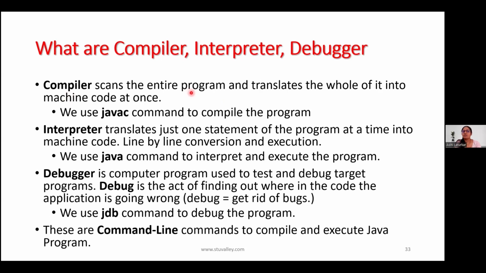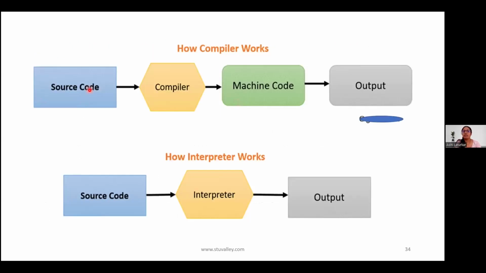Okay, so what is the use of a compiler? A compiler is nothing but it scans your program. Whatever the source code is, the compiler compiles the program and if there are any syntactical errors in your program, those will be shown to you as errors. Once those errors are gone, then the compiler will create